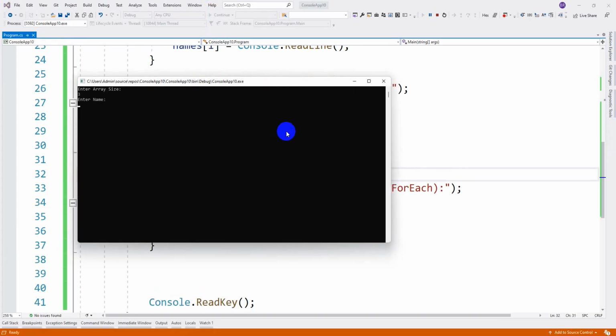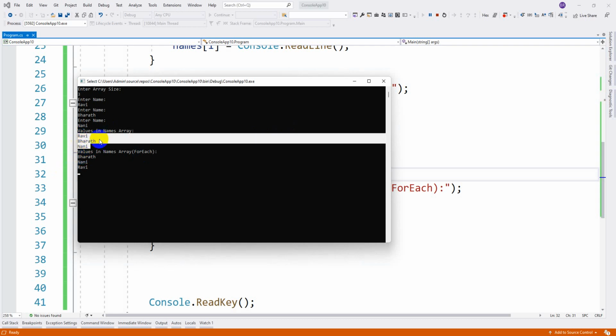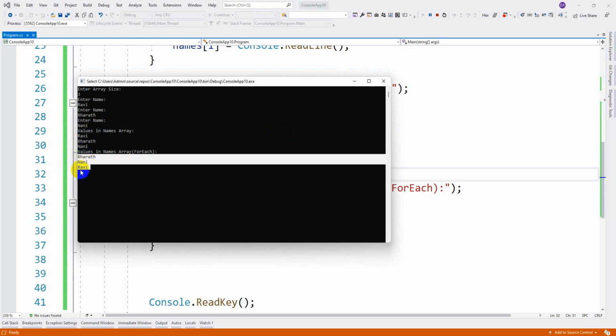So array size I am giving 3. Now you can see these two, if you observe this order, this is the original order which was printed by using for loop. If you observe this, these elements are arranged in ascending order.